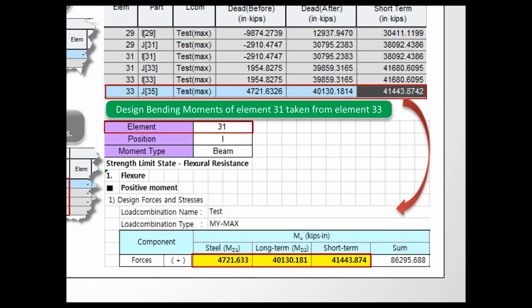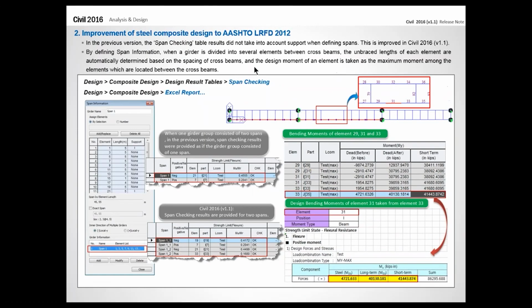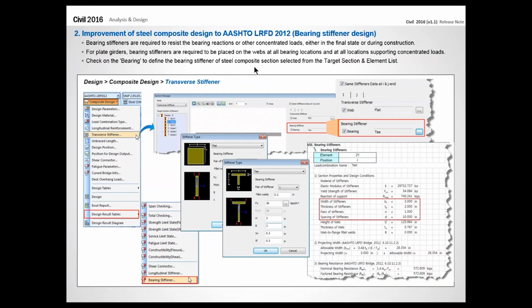Before, you actually had to examine the tabular format result and also the diagram result in order to find out at which location you had to extract the Excel report. But now it's going to do that automatically for you. It's going to prejudge which location you will need the Excel report for. That way you get help from the program to see at which location you will need to extract the analysis report. I mean the design report.